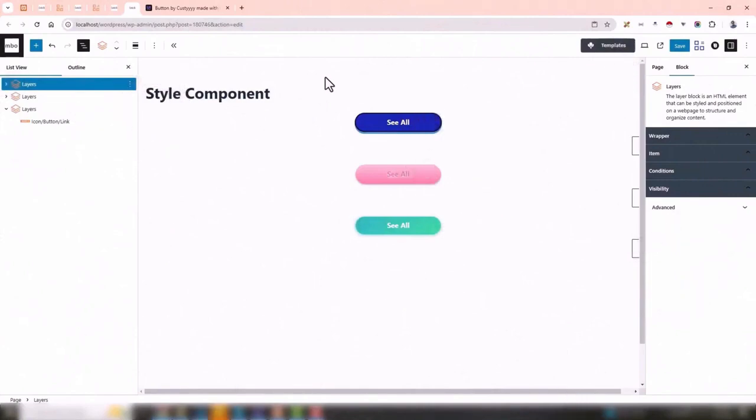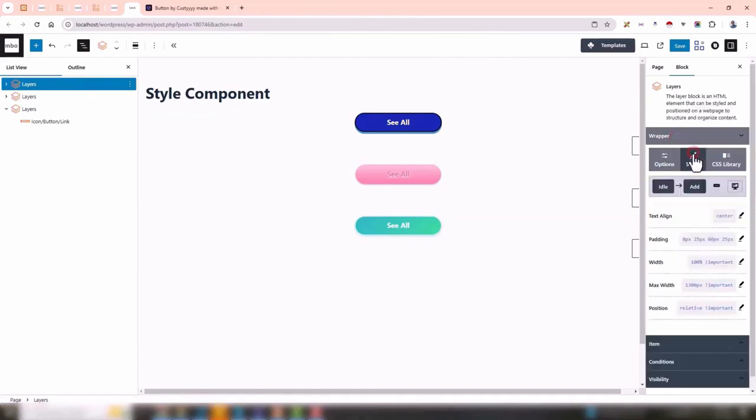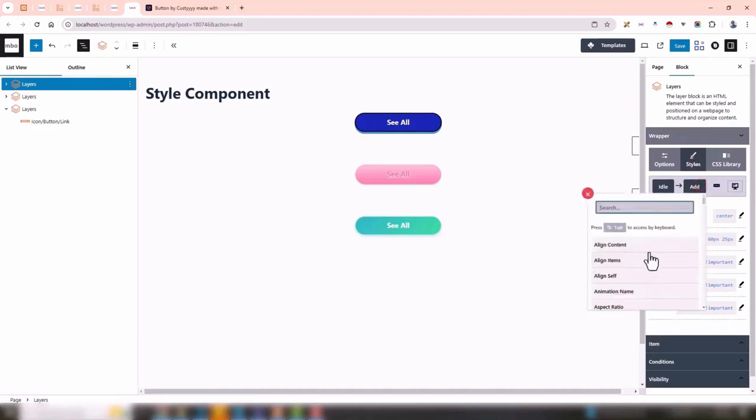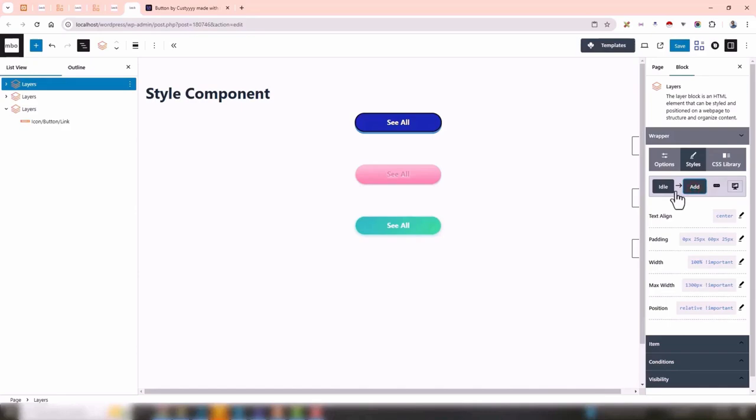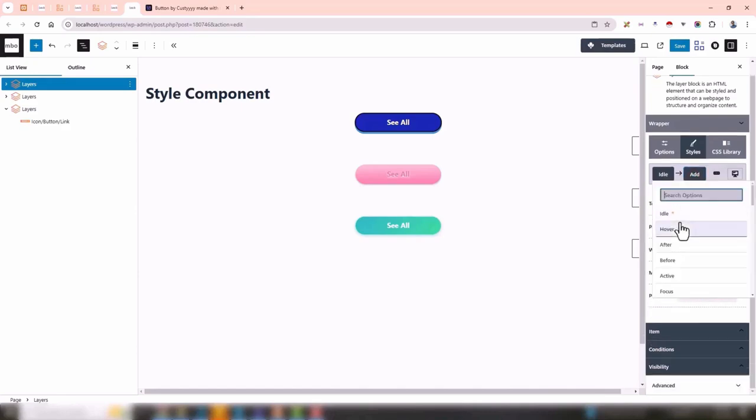Let's talk about our style component. We made our style component for our blocks. Each element has the style component, so you can add any CSS properties you want. It's not just a few CSS properties you can work with, but we have added the whole set of CSS properties in our style component. You can also target the pseudo selectors like hover, after, before for each element of the blocks, and there